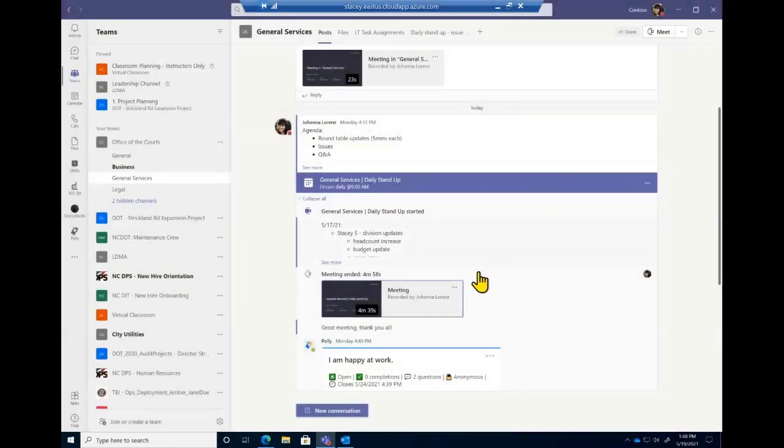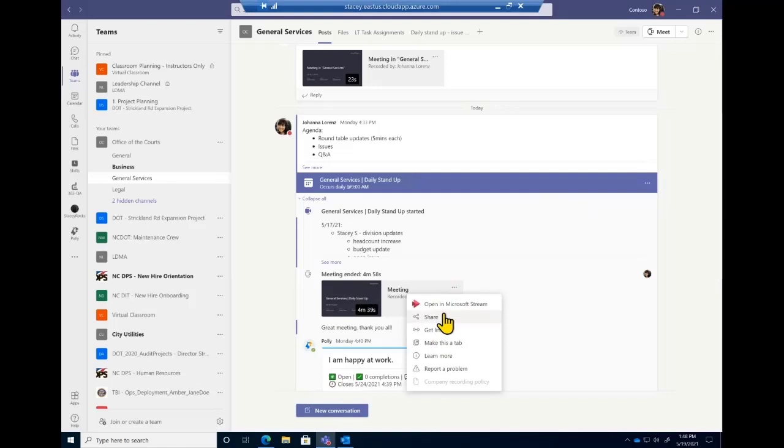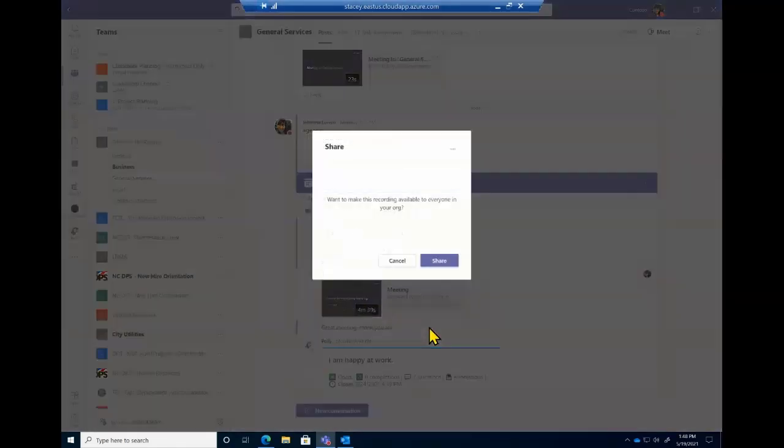If I close this, you'll notice the 3 dots, and that's one thing I would always encourage you to look for. As it pertains to Microsoft, there's always going to be a lot more options if you look for the 3 dots. So you can share this link. Now, when I click share this link, it would automatically make it available to everybody in your organization.